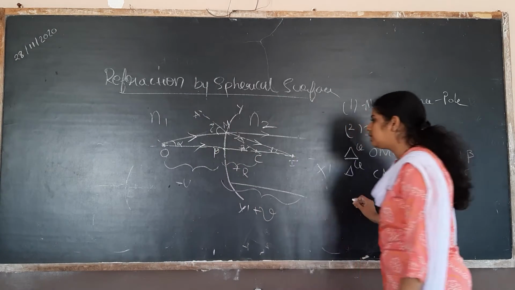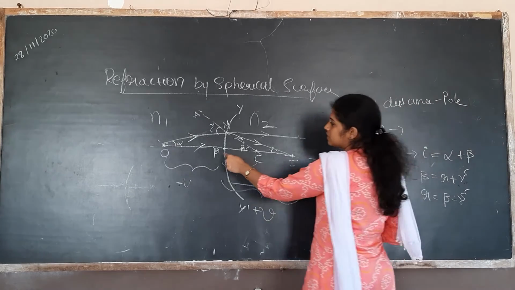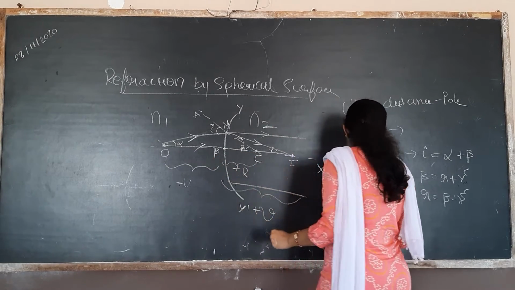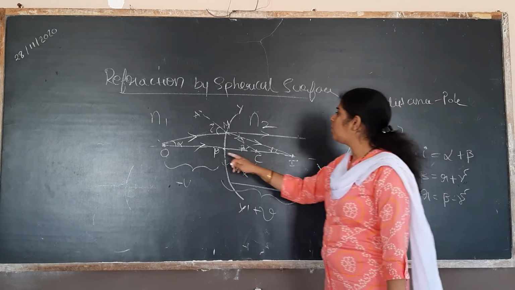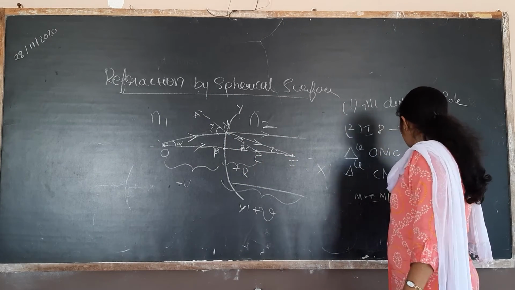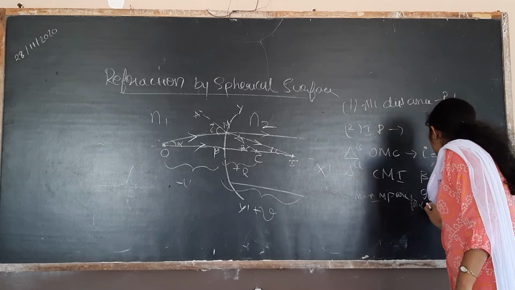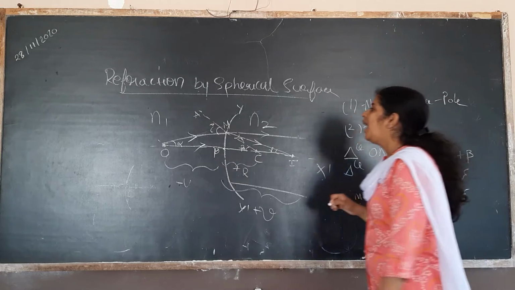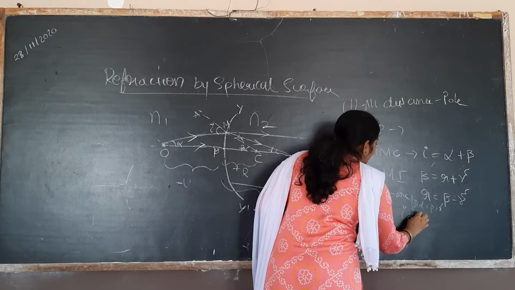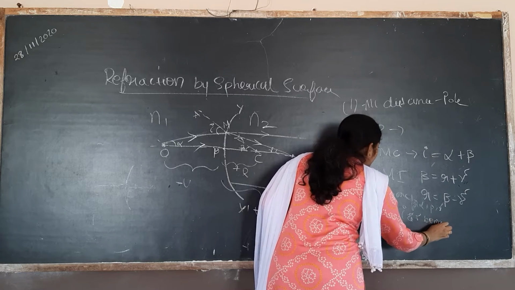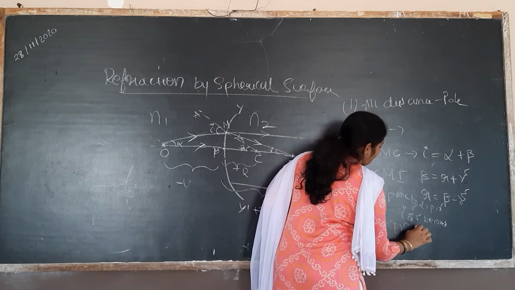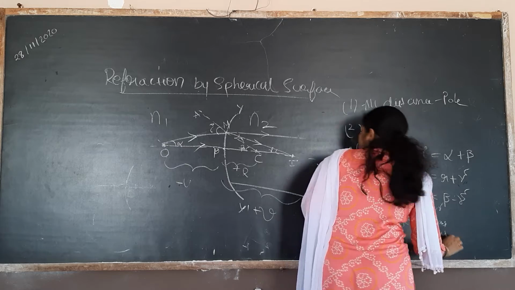So whenever you are considering paraxial rays, the first condition: M is very much near to P. M is near to P means this will act as an arc. MP acts as an arc for alpha, beta and gamma. And then what happens? Angles I and R become small. Next, alpha, beta, gamma also become small. Why do they become small?